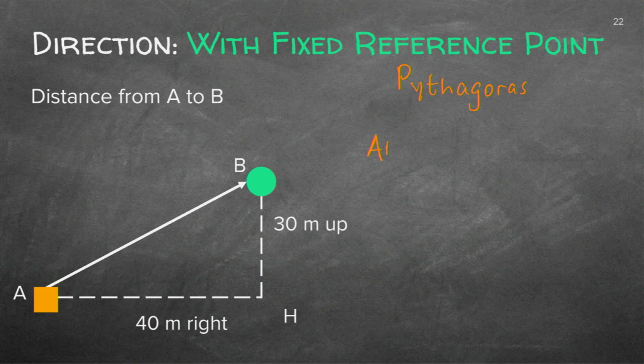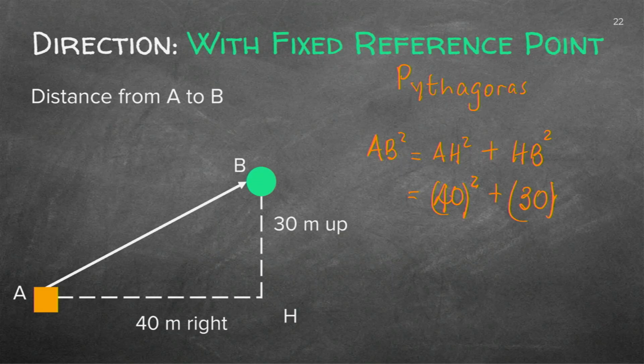I want the size of AB squared. I do have AH squared and I've got HB squared. AH was the 40 meter, and remember the square. And HB is the 30 meter, and remember the square. In physics, you don't have to indicate the units whilst you are substituting, but right at the end, you'll have to have the unit. This is 1,600, and that is 900, and you'll probably do it with a calculator, and you'll find AB squared,